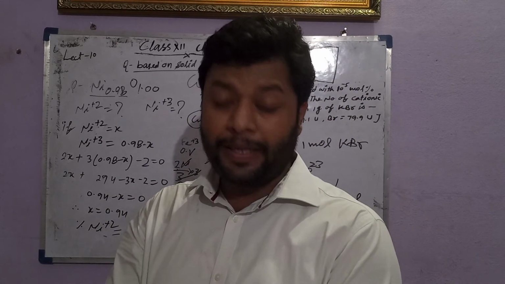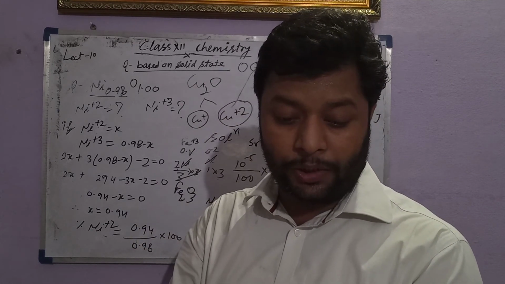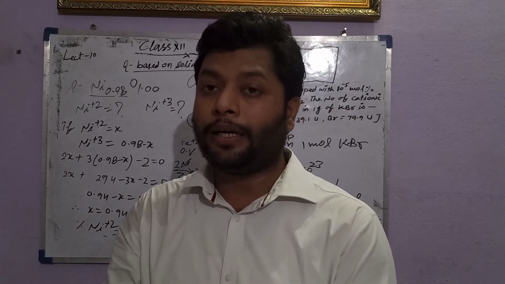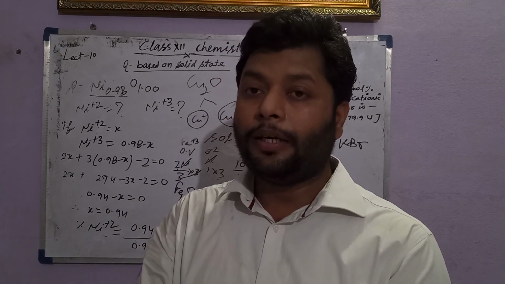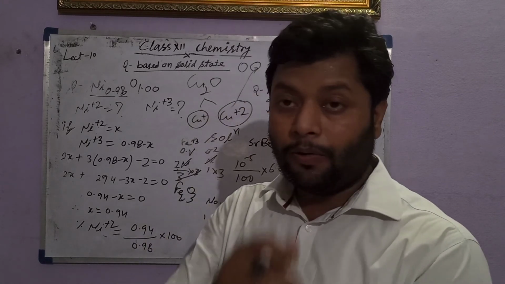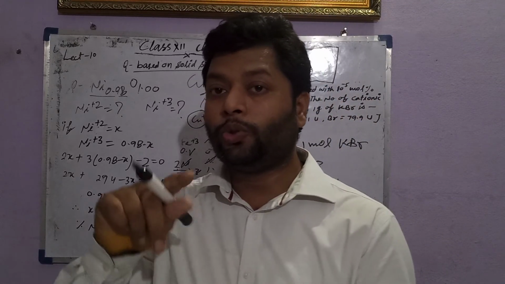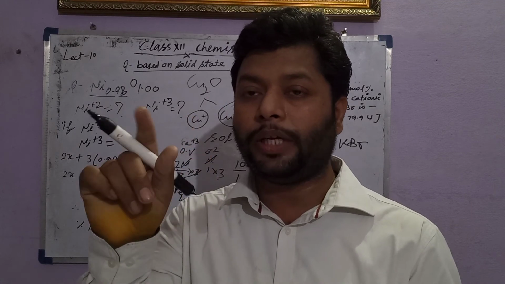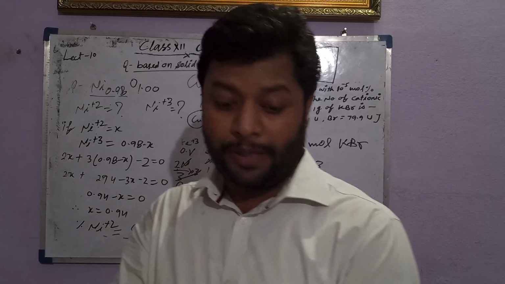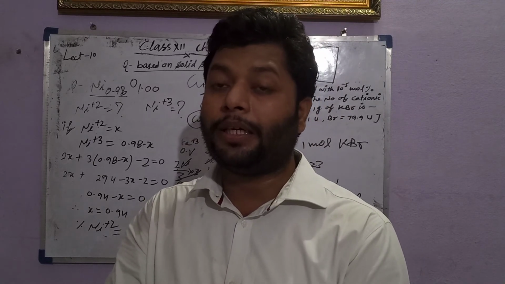Gold, having a given atomic radius, crystallizes in an FCC unit cell. What is the length of a side of the cell? You know face centered, we have already evaluated the relation between a and r. So you can solve using the face centered formula. What is the relation between a and r? Face centered, root 2 a equals 4r. So you can solve the formula. The atomic radius is given in nanometers. You can solve the length of the side of the cell, means a's length, with the help of the relation between a and r.